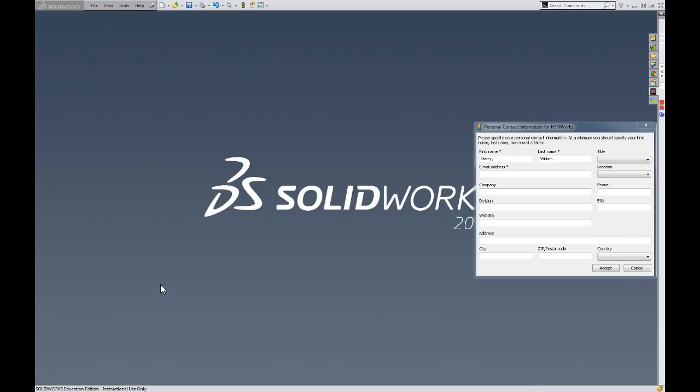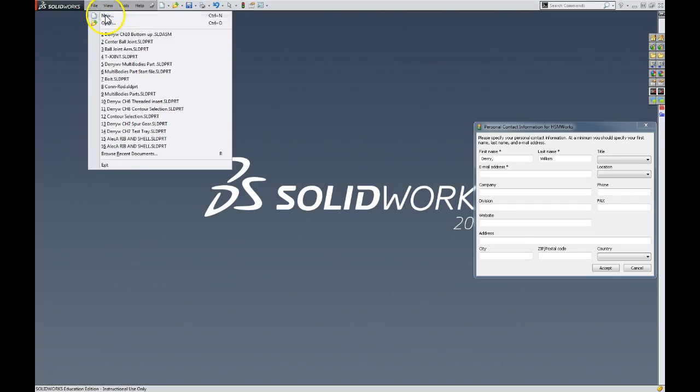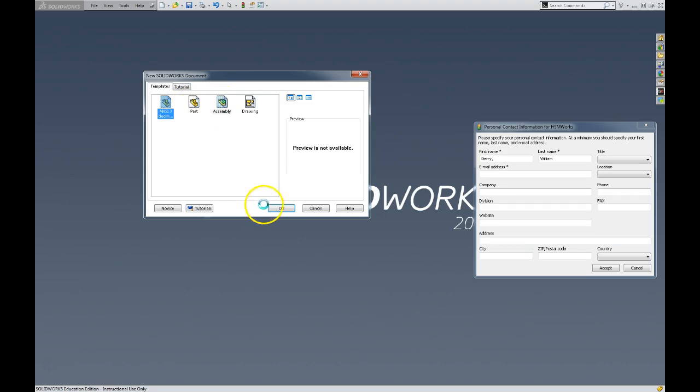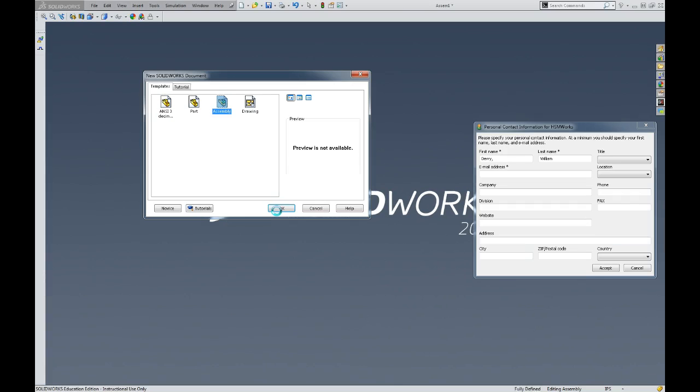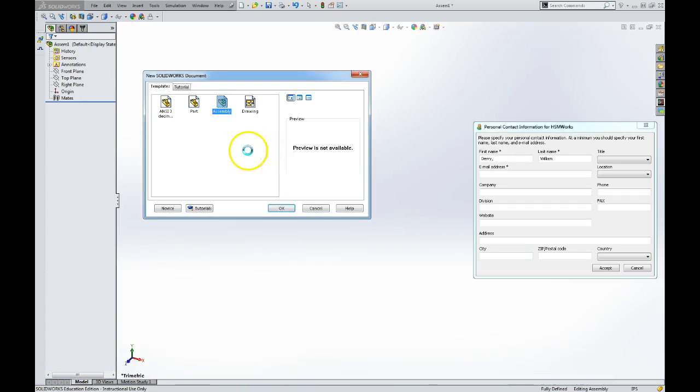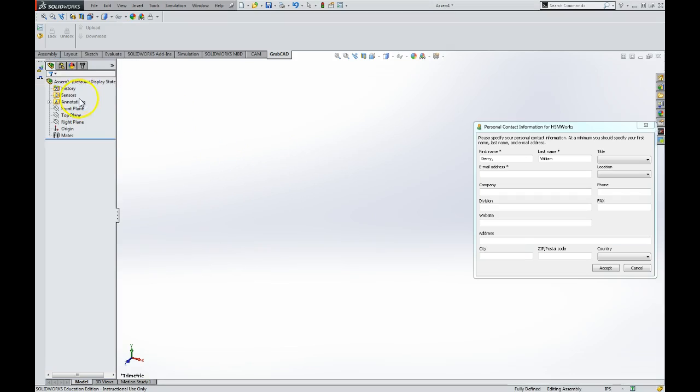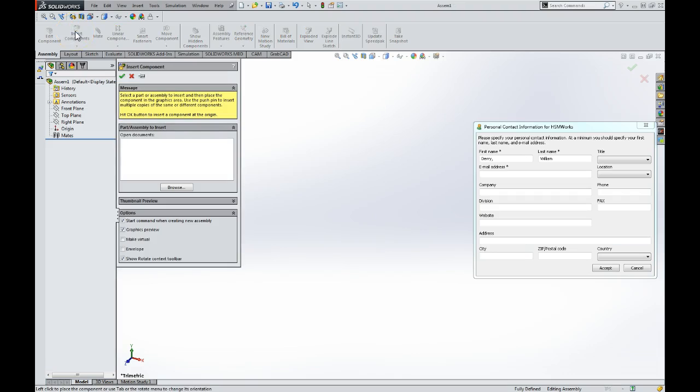Moving on in Chapter 10 of SOLIDWORKS Basic Tools, bottom-up assembly techniques. We're on page 1014, and we're going to create a new assembly. There are a number of different ways to bring components into an assembly. Under the Assembly tab, the simple way to insert a component would be to select this option, go to Browse, and